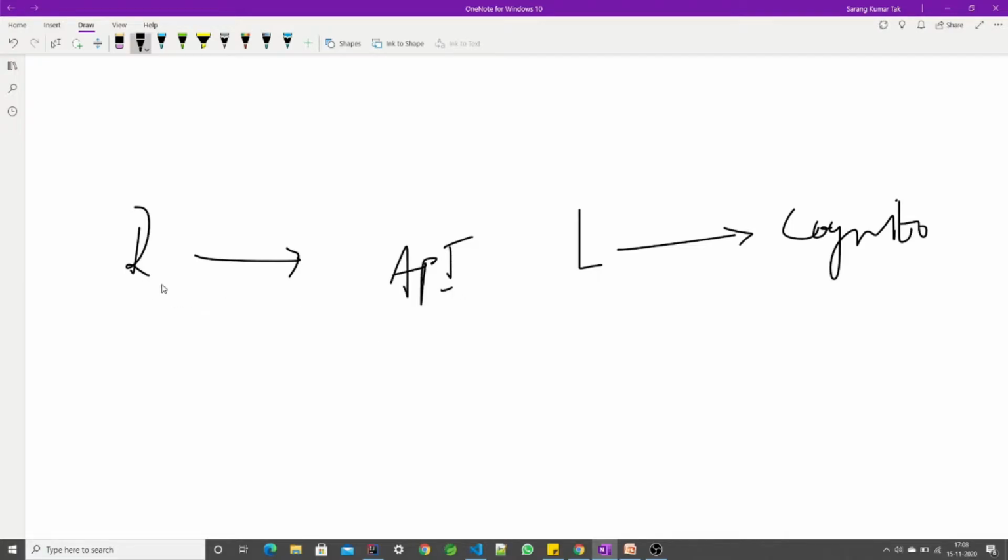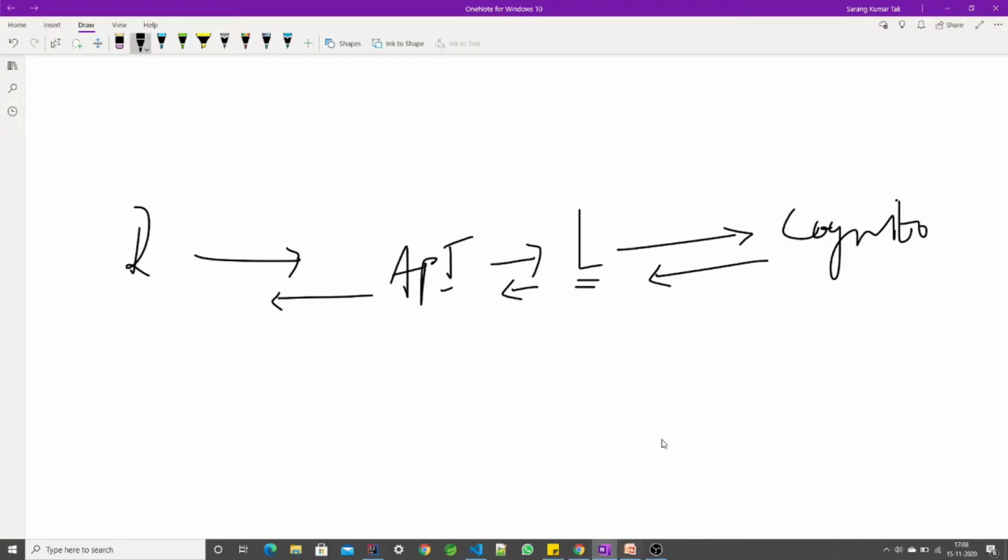So when the front end sends a request to the backend via API gateway, the Lambda will receive the user data, and the Lambda will send that data to Cognito. Cognito will send a response back, the response will be received by the Lambda, and the Lambda will send it to the API gateway, and the same response will go to the front end. This is the flow that we'll implement in this video, so we'll understand the implementation of authentication. We will use the Lambda in the backend for sending data to Cognito.